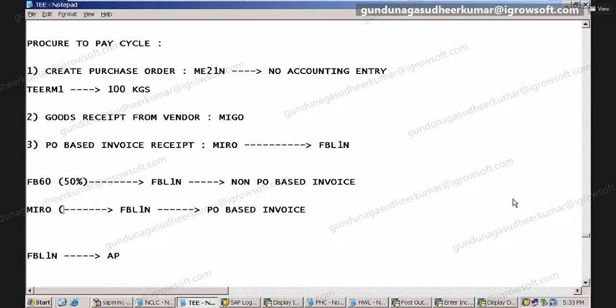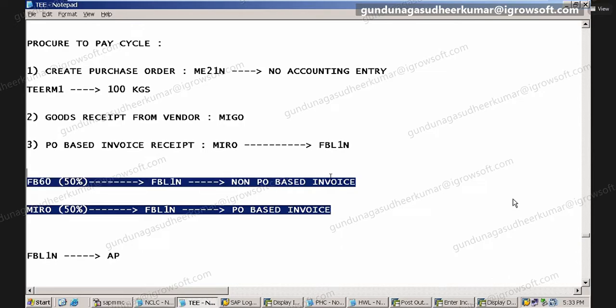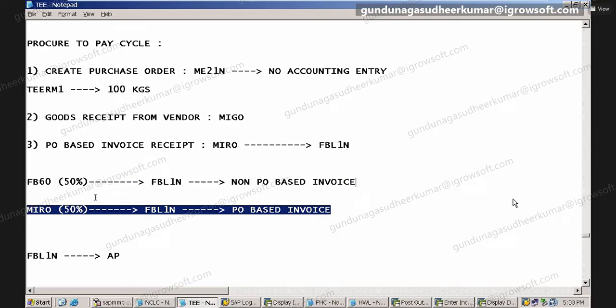Correct. So if you are saying you do not know this, what indirectly are you saying? You are saying, I know only 50% of AP. The MM module is so closely integrated with the AP sub-module that any changes get updated here through the posting of automatic entries. It is coming to FBL1N only. So if you don't know FI-MM integration, you know only 50% of AP.